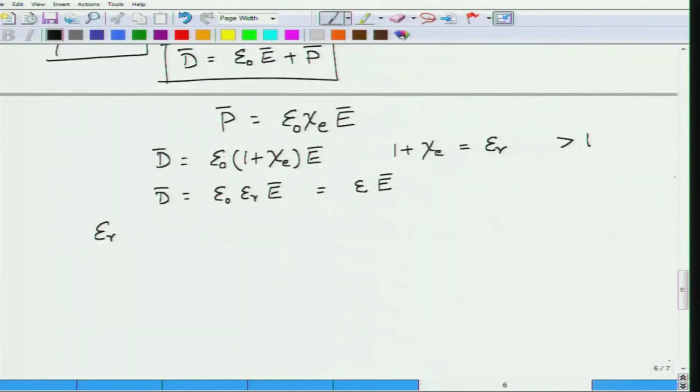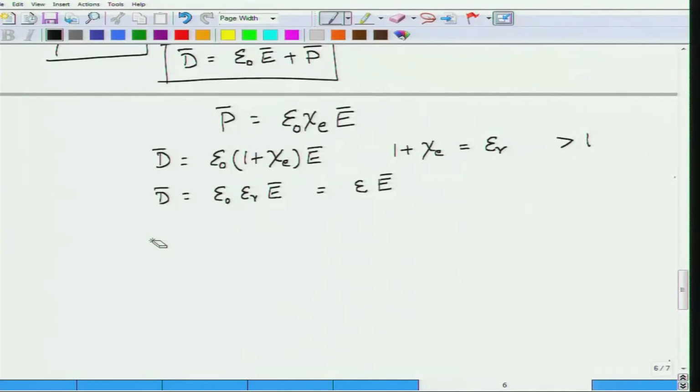For example, there are certain materials which would be polarized in one direction with a certain value, and if you apply an electric field in a different direction, then they would be polarized with a different value. Okay. So this directional dependence can also be considered macroscopically and attributed to the susceptibility chi e or the permittivity epsilon r, or its shortened version epsilon. So we say that epsilon, which varies with respect to space or the spatial coordinates, is an inhomogeneous dielectric. If epsilon is a function of the direction of the applied electric field, then such materials are called